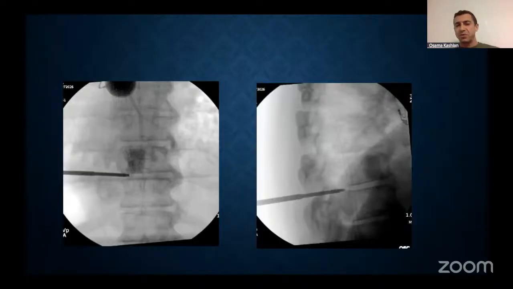which to me minimizes the chances of doing a wrong level surgery, which is, again, very possible when you're doing endoscopy because you're not really seeing everything. You're like a sniper. You're really looking at one certain area, and sometimes you're in there and you're not sure, is this a disc herniation? Is it not? So it's important to be very confident because it takes that stressor out of the way. And this over here is the approach. So you could use a spinal needle, you could use a Jamshidi needle.